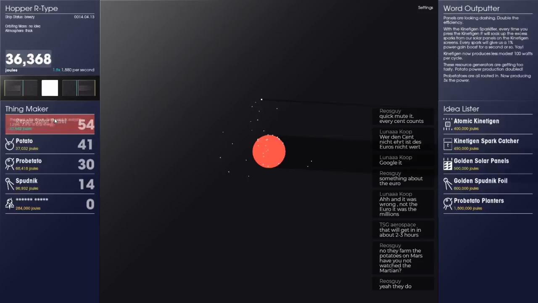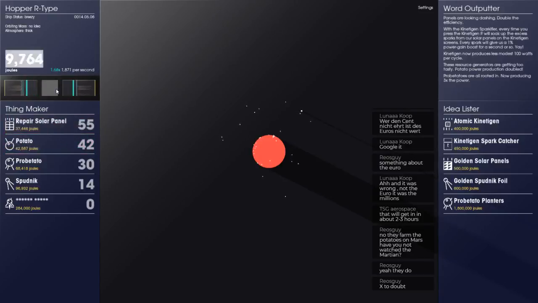Okay, we're nearly at 2,000 a pop. That's going pretty well. Wow, one solar panel or 1 point. Okay, that's something we've got to work on here. One thing I do notice, and I'm kind of glad, is that the planet casts a shadow, but our little probes don't cast shadows. Now, I'm not really saying I want those to get in the way of my solar panels, because that would get a little annoying. Like right now, I'd be out of power. X to doubt. I mean, to be fair, no one else seems to be doubting, so we're going to go for that.